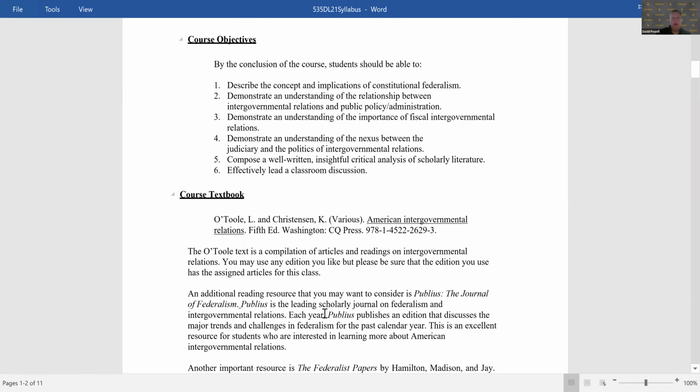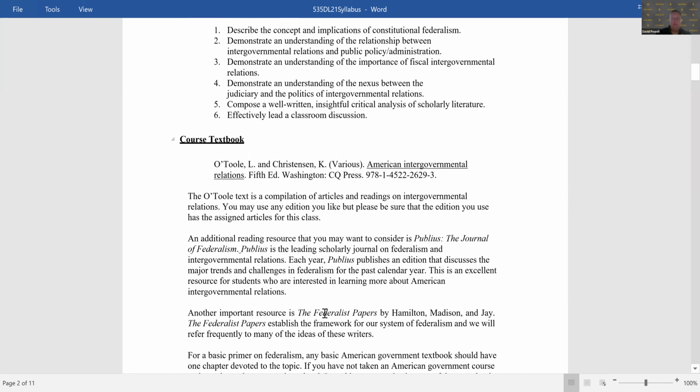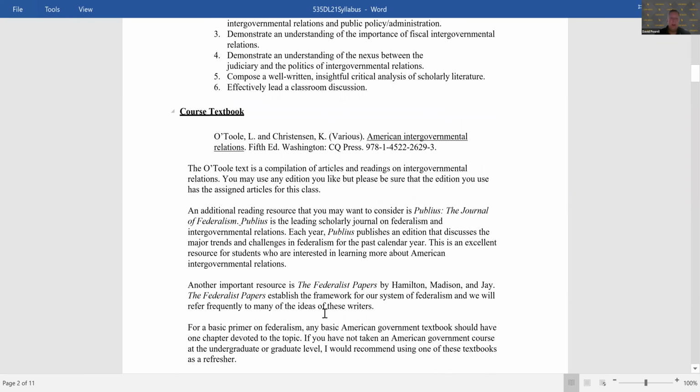Then another resource for you obviously will be the Federalist Papers. And we have a few Federalist Papers assigned in this class. I didn't obviously assign all 85 plus of them, but we have a few of them that are assigned. The Federalist Papers, a great place to go if you want to understand the thought process of the framers when it comes to the issue of federalism and the Constitution. And so if you have a copy of the Federalist Papers, that's great. If you don't, I have a link on the Beach Board site that will take you to electronic versions of the Federalist Papers, and we'll be referring to those Federalist Papers throughout the course, especially in the first 2 weeks